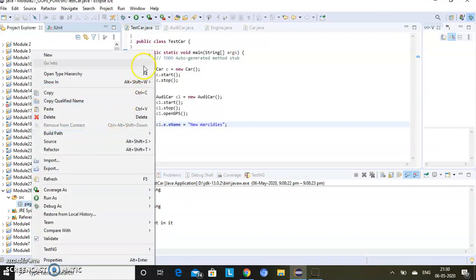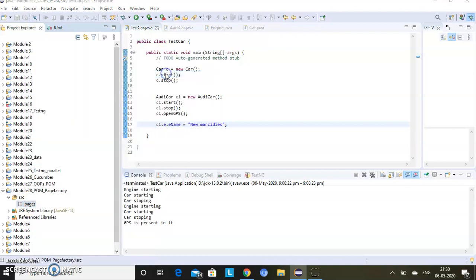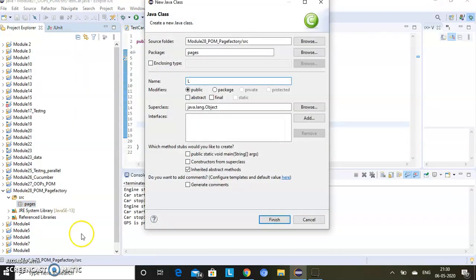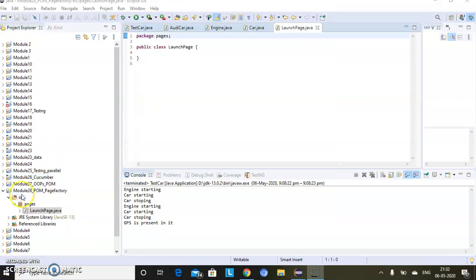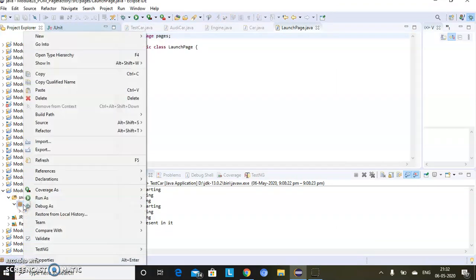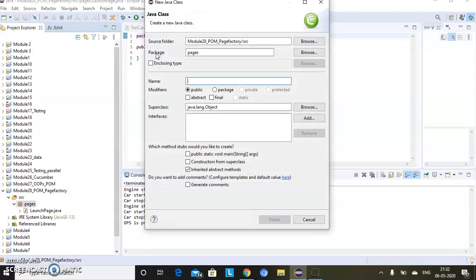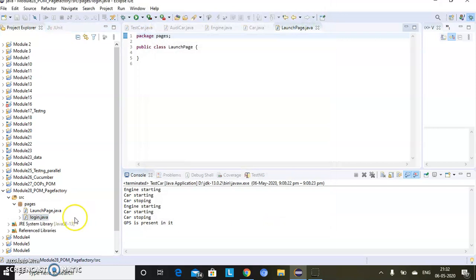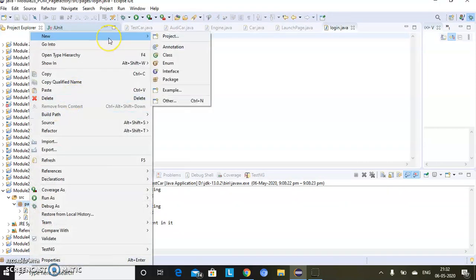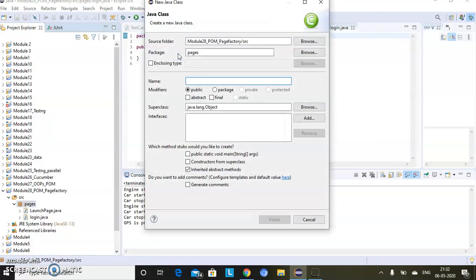So I am creating a new class known as launch page. After launch page we have login page, so I create a new class named login. And after login we have the rendering page, or we can say we have a home page.